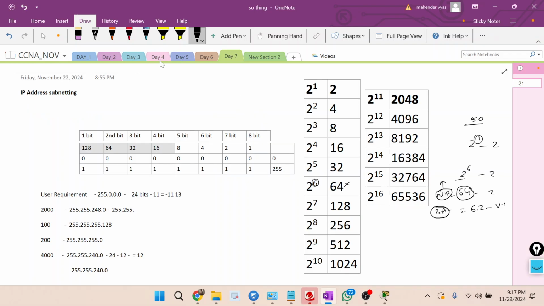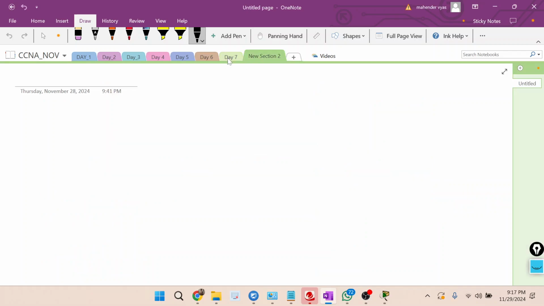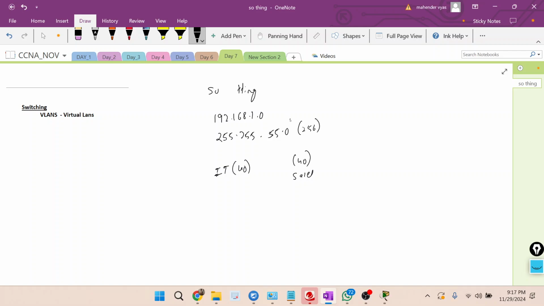40 users comes in which table? 2 power 6, 64, right? So now I have 8 bits. I want only 6 bits. So 255.255.255.192. And what would be the addresses? The network address would be 192.168.1.0.